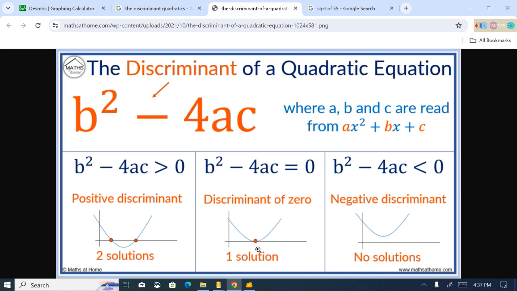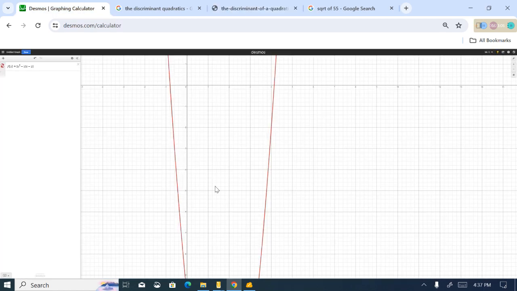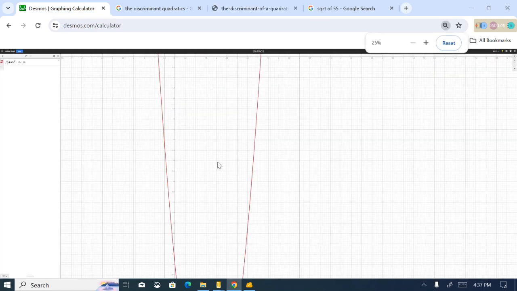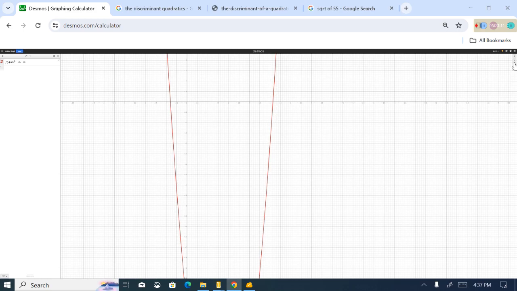And it does tell us the vertex will be on the x-axis. And the same thing for when it's negative, right? When we have a negative value, we can see that that means that the graph is not really going to even cross the x-axis at all. So